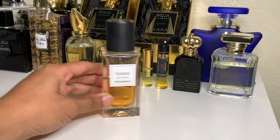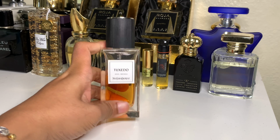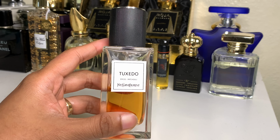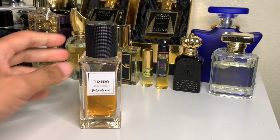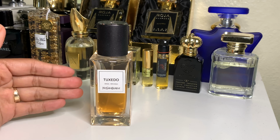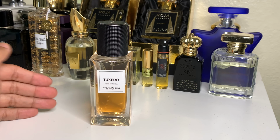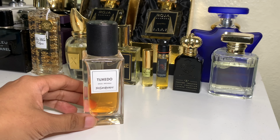But today we're going to do a zero hype review on one of the most hyped fragrances in the current times, which is YSL Tuxedo from the Le Vestiaire des Parfums collection, which is basically the clothes. So this one goes with other fragrances that are named after clothing that YSL uses a lot, and this is sort of like an upgrade from their designer blend line. So if you don't see this at a normal store, that's why. You would have to go to a real YSL boutique or something more high-end to be able to try and